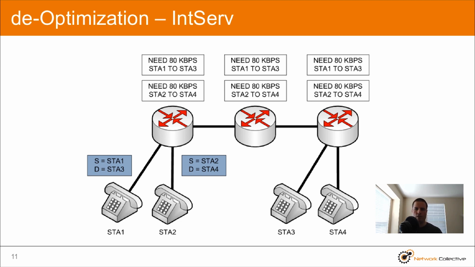Now for diffserve, it's a little bit different. Now I'm not showing the diffserve diagram here because I don't think it's terribly important, but with diffserve, how do we deal with issues like congestion? Well, we have congestion avoidance. We can randomly drop traffic. We've got hop by hop QoS policies that we talked about in the previous one.